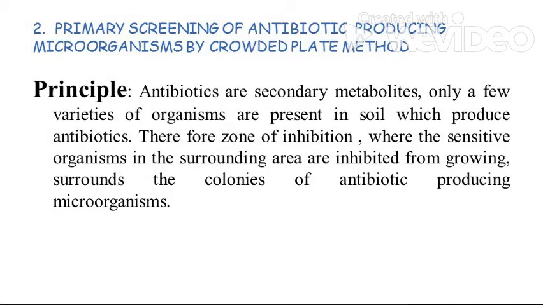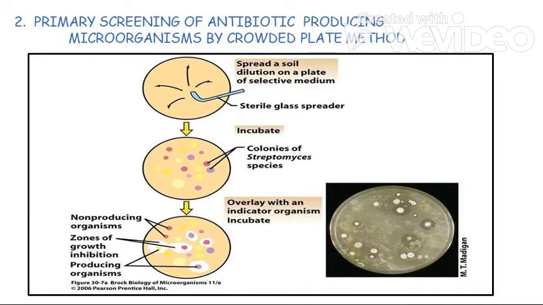this is the procedure. We are going to collect 1 gram of soil sample. We'll take that 1 gram of soil sample and add it into 9 ml sterile distilled water, right? Though over here they have written the dilution, here we are using the word crowded plate method, so we will not follow any type of dilution. We will take the concentrated material and spread it with a sterile glass spreader. We'll go for incubation for 24 to 48 hours at room temperature once again.